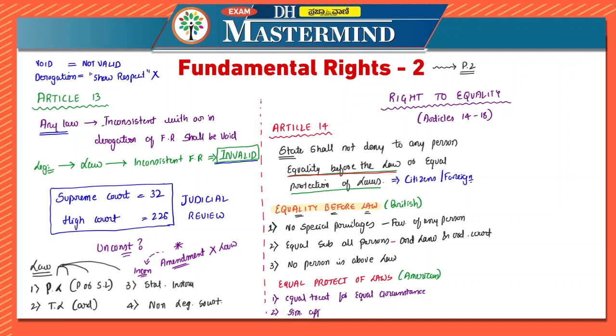Similar application of the same law to all persons. Now, the same example of the helmet: it cannot be changed for someone else because they are special or something. Correct? So it has to be applied similarly, because it is the same law which has to be applicable for everyone who is similarly situated.